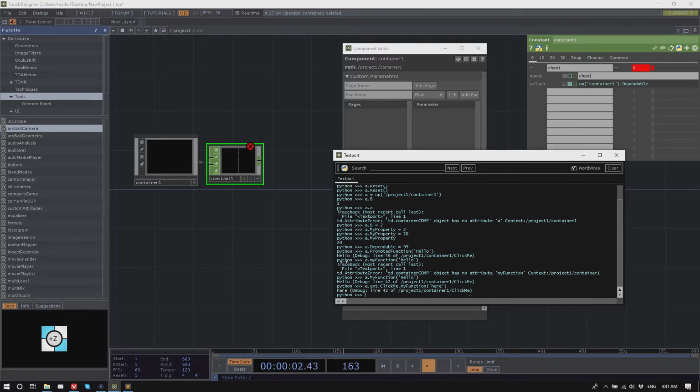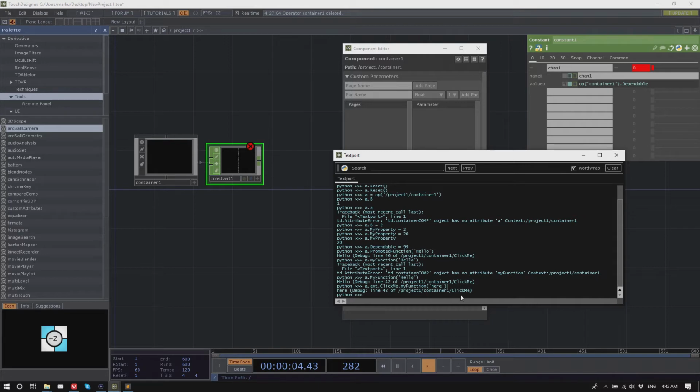So you can still call my function, but you have to do this whole ext dot class name dot function name. You have to be very specific about getting there. It's kind of like you want to hide it a little bit from the outside.